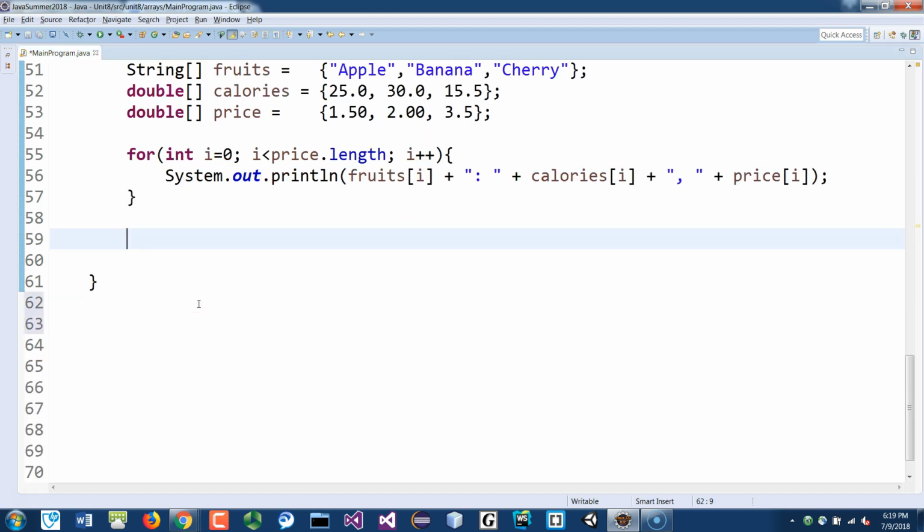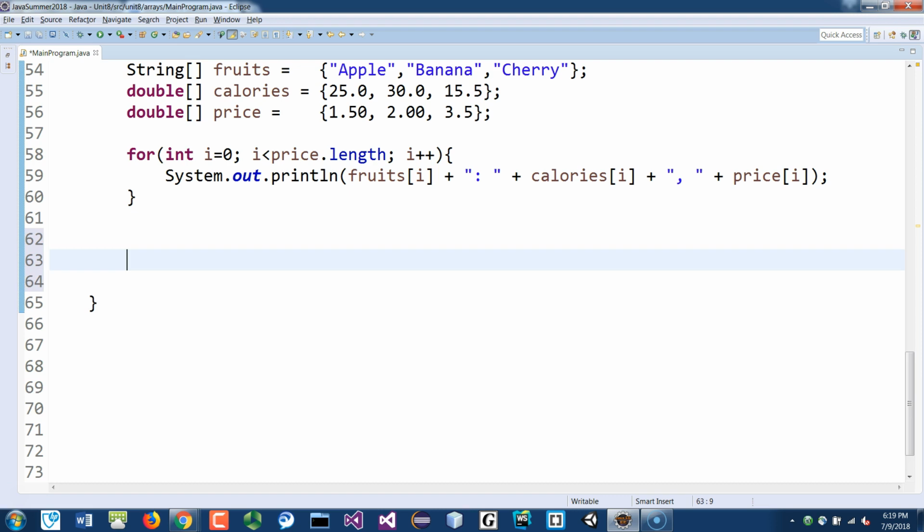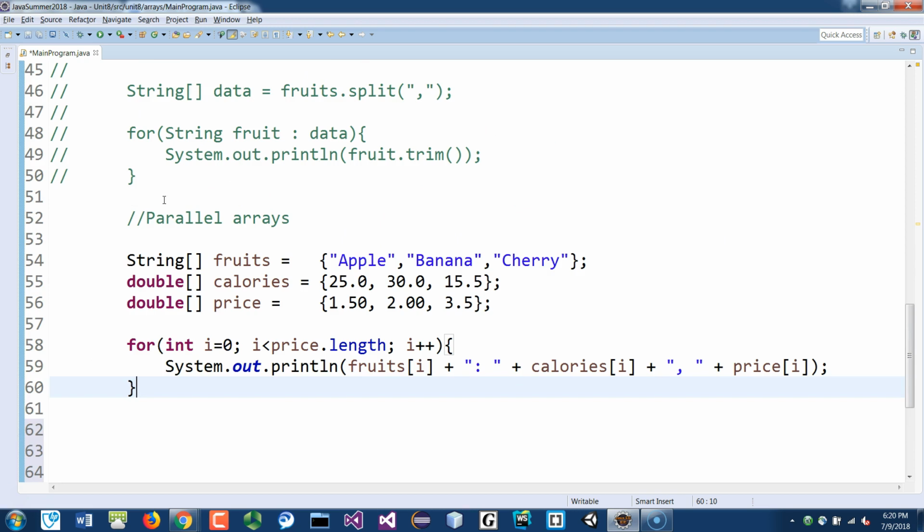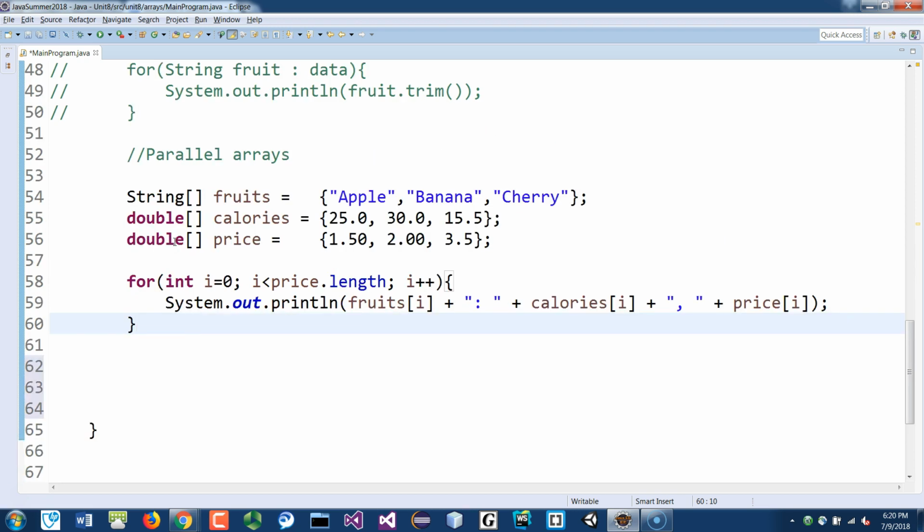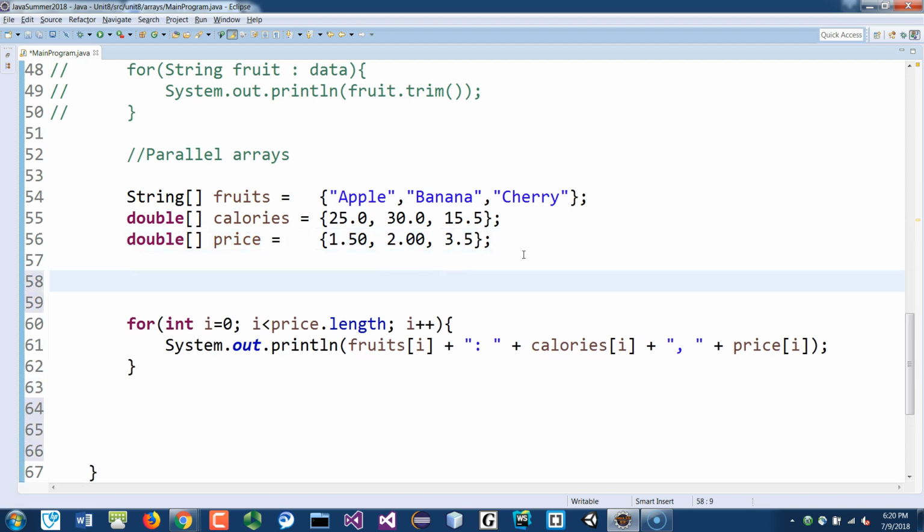Well, one thing about reference types, just be careful, because a reference is like an object as well. Like we have a class of students or pets, whatever it is, and if you're not careful, you can actually overwrite your data. What that means is, if I go back right here, for example, let's just say that I happen to have another array, we call it new price, and I say new price is going to be equal to price,